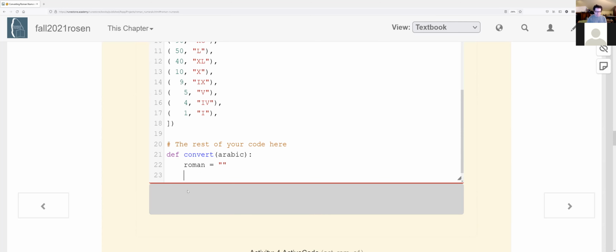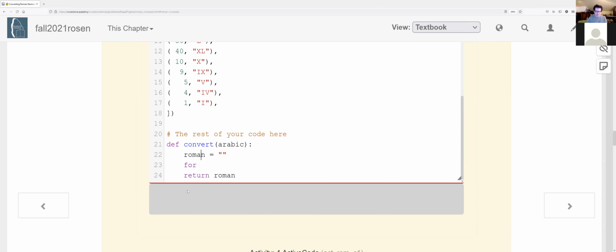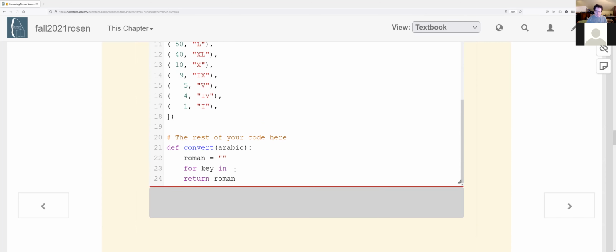And now for key in, yeah, let me look at this ordered dictionary. Oh yeah, I don't want to name that. I'm just going to name this output instead because we already have a Roman, and that's the dictionary we just created. For key in Roman,